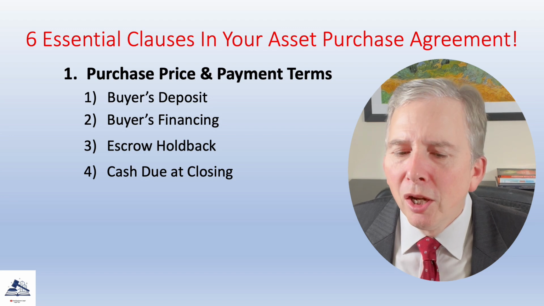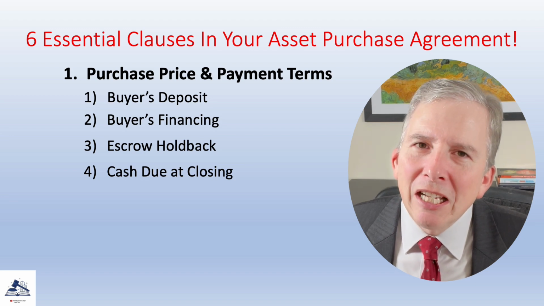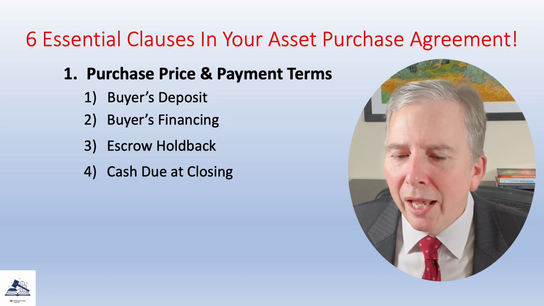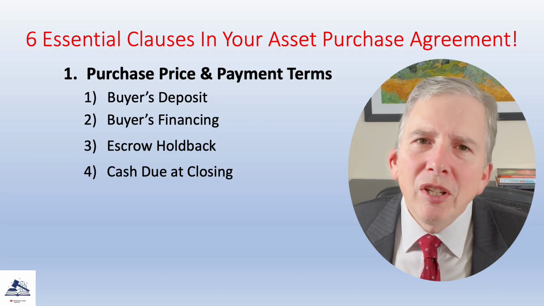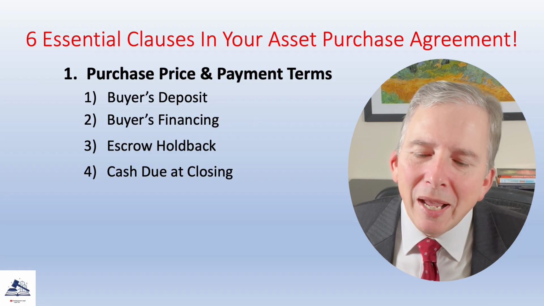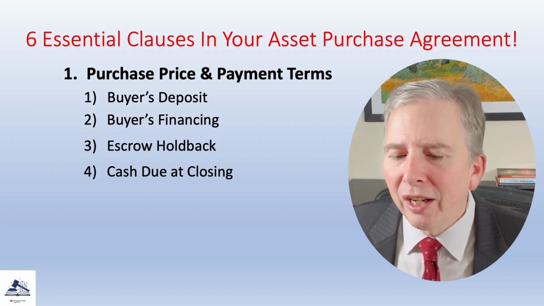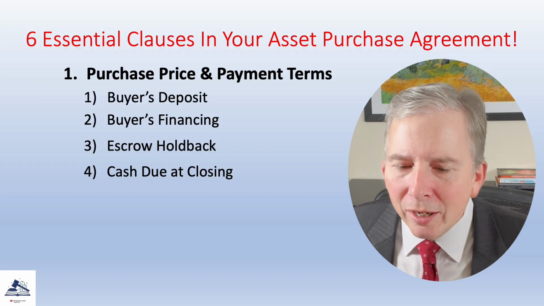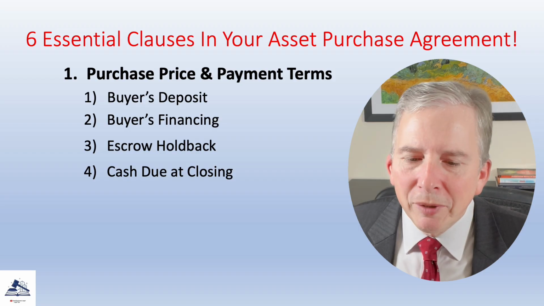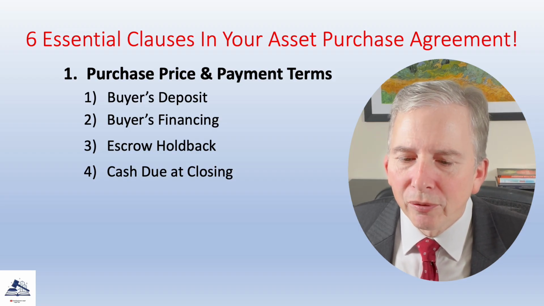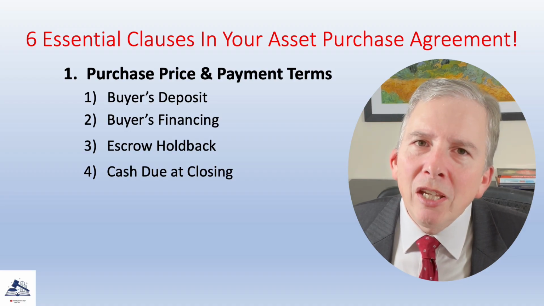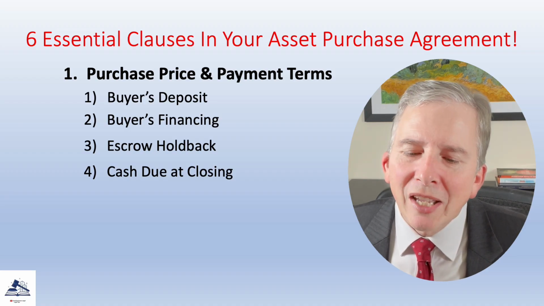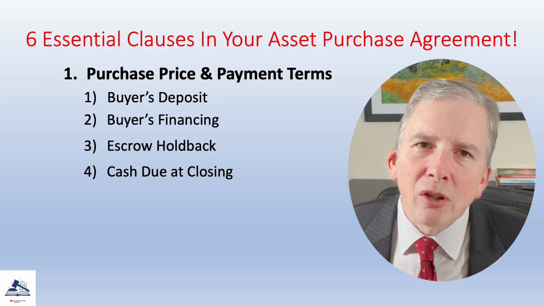Keep in mind though, that whatever amount is identified here as the cash due at closing in the APA is probably not the actual amount that will be due at the closing. There are typically a lot of adjustments that will need to be made on the closing date for things such as deposits that have been paid by the buyer, utility accounts, unredeemed gift cards, and lots of other things. These adjustments will be made on the closing date, and the adjustments will increase or decrease the total amount of cash that's paid by the buyer to the seller at the closing.